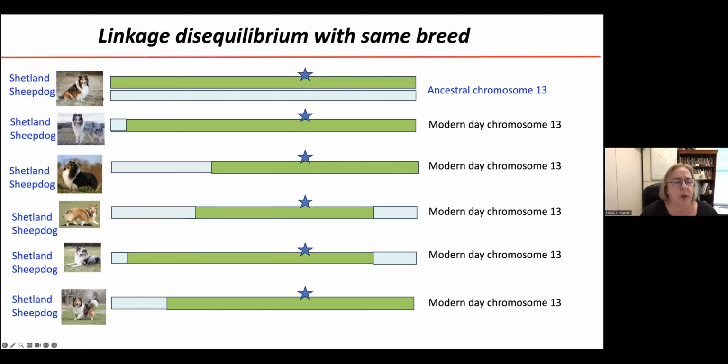Now, if we work within one breed, as we did in the previous slide, lots of Shetland sheepdogs, and we assume the mutation occurred in some dog ancestrally, canine chromosome 13, then we can look at the meiotic recombination that's gone on between the green and the gray chromosomes over time, so that each dog has slightly different recombination events. And that means when we think about the region, we have to look for our gene and mutation, and it's pretty big. In this case, it's going to be for sure at least a third of the chromosome.